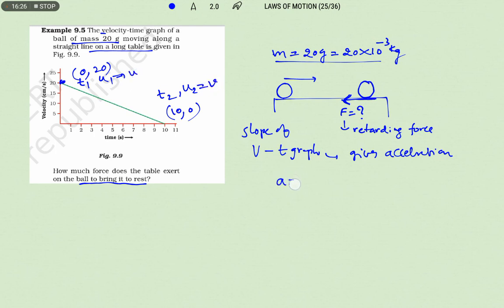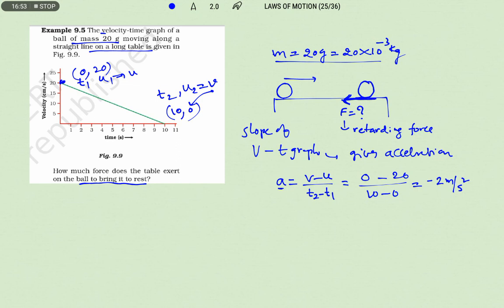Therefore acceleration is (v minus u) by (t2 minus t1). So the v value is 0, 0 minus the u value 20. And what is the time interval? 10 minus 0. Therefore minus 2 meter per second square is the negative acceleration produced by the